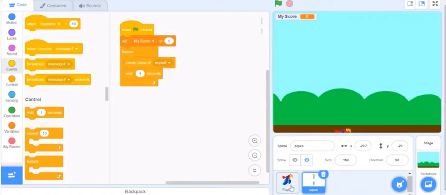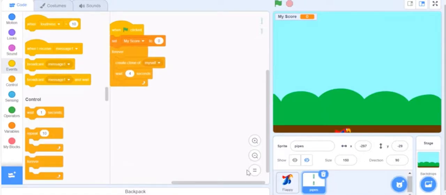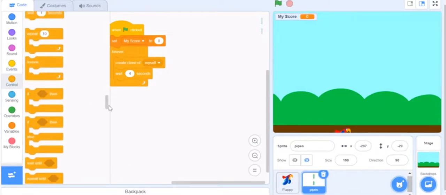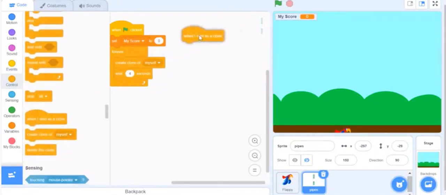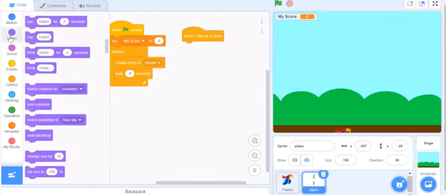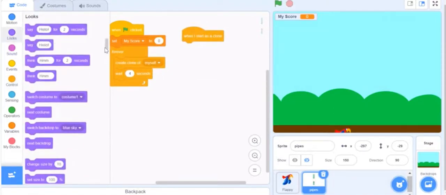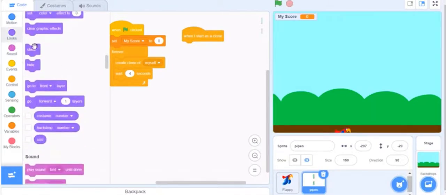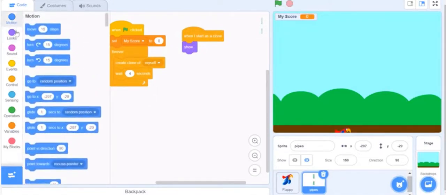Now I'll program the clone, and for that I will say when I start as a clone, which is in the control. So when I start as a clone, first of all, I want to show it. Over here, there is the show. And first we'll go up on the left-hand side, because that's where we want it to be. So I'll say go to, and I'll have specific X and Y coordinates. So let's say we have the X as